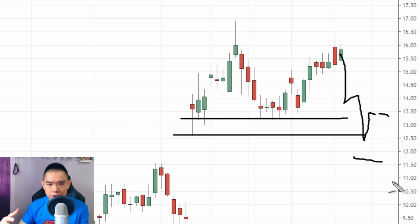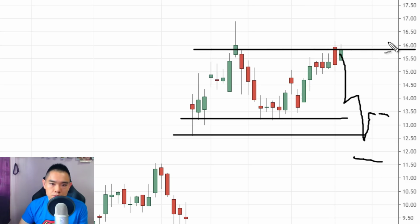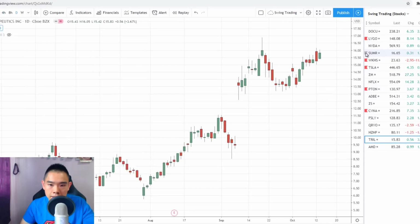So for possible target, depending whether you want to ride the trend or capture a swing. If you want to capture a swing, I would say before the $16 price point is a possible area to take profits. But for me personally, when I trade stocks, I like to ride the trend for as long as possible. So to ride the trend, you can use a trailing stop loss like a moving average, percentage change in price, etc. I'll talk more on that on the next stock to cover,